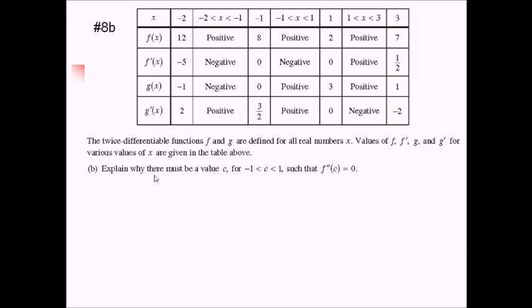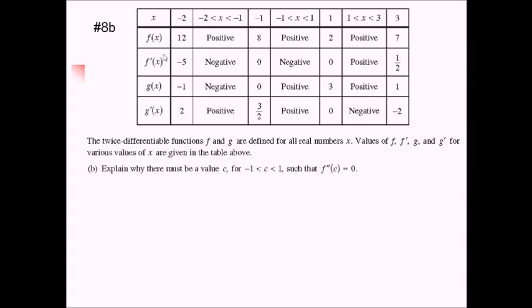For this problem, we're being asked to explain why there must be a c value between -1 and 1 such that f double prime of c is 0. So we didn't really get told a whole lot about f double prime other than the fact that our f function is twice differentiable. So we know that f double prime exists, but beyond that we don't know much. So we're going to have to get some information about f double prime by looking at the next best thing,